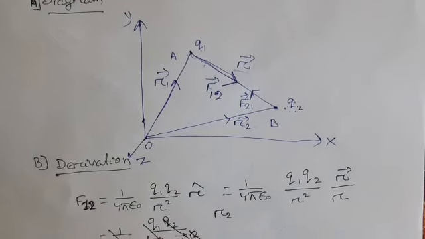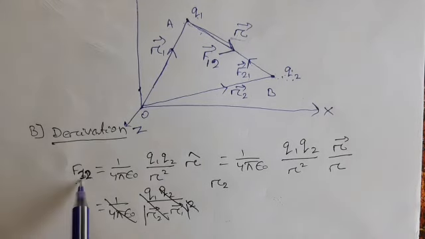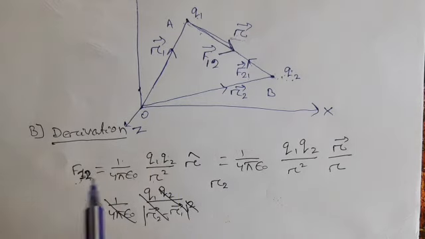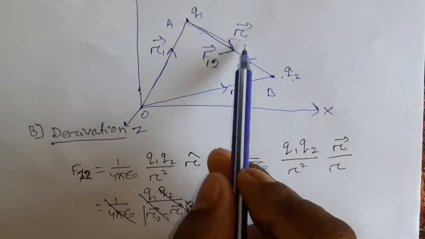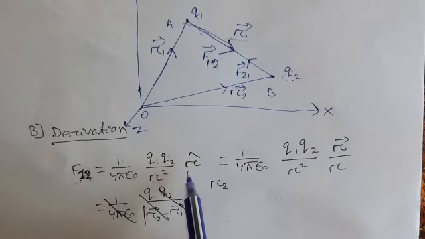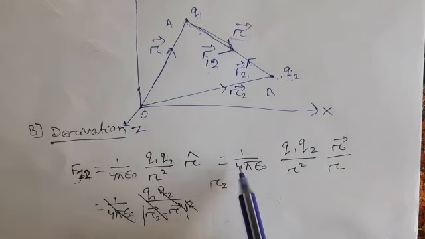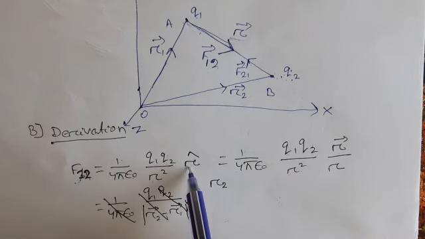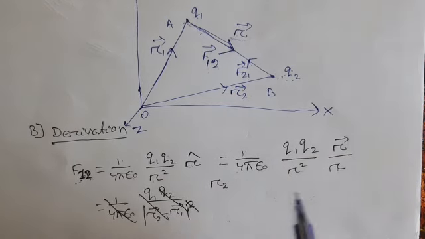That is the diagram. So here I will write the first equation. F12, we know, force on q1 due to q2: 1 by 4 pi epsilon naught q1 q2 by r square. See, the direction of F12 is along the direction of the displacement vector, so here I will write r cap, showing the direction of displacement vector r vector. In place of r cap, we know the unit vector r cap equals r vector by magnitude of r vector, so here I have written r vector by r.